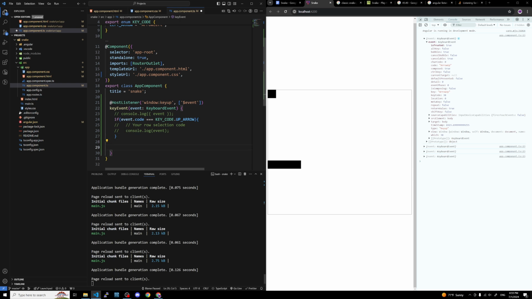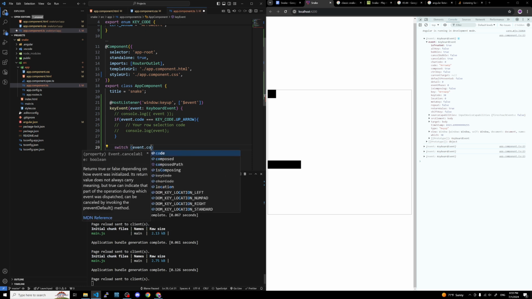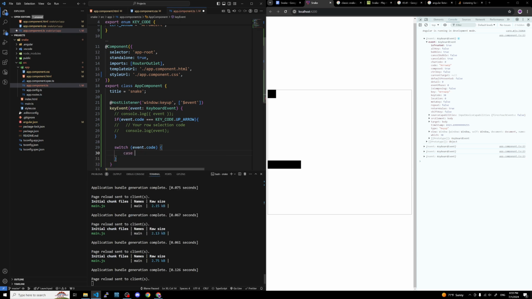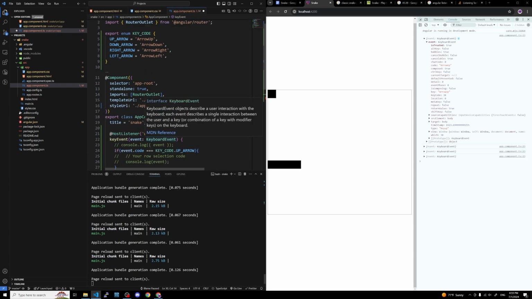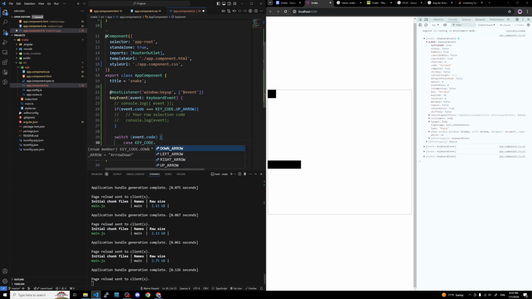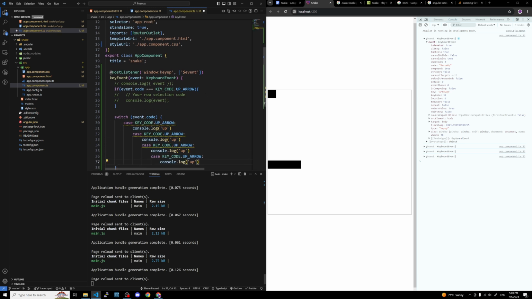Right, so we have four different keys, so I think it's good to have a switch statement. Event dot code, and then case when it is key code dot up, then we do something, console log up. Then key down, left, right, and then we'll just do right, left,